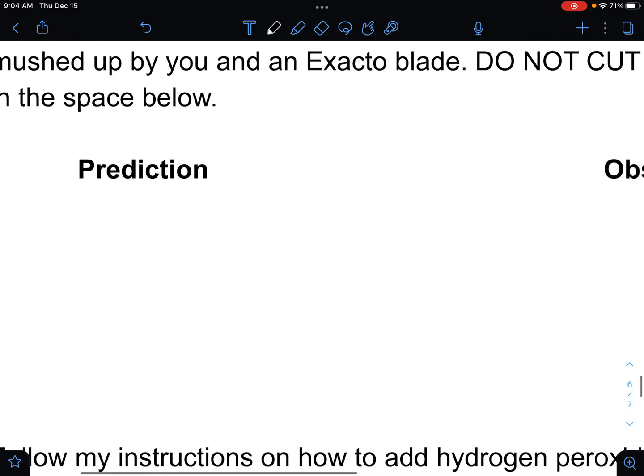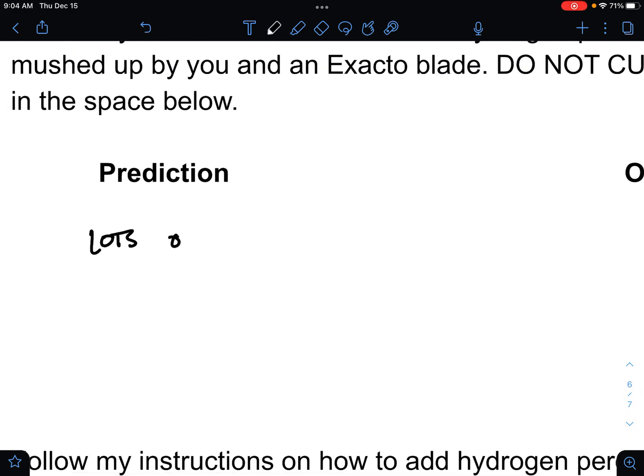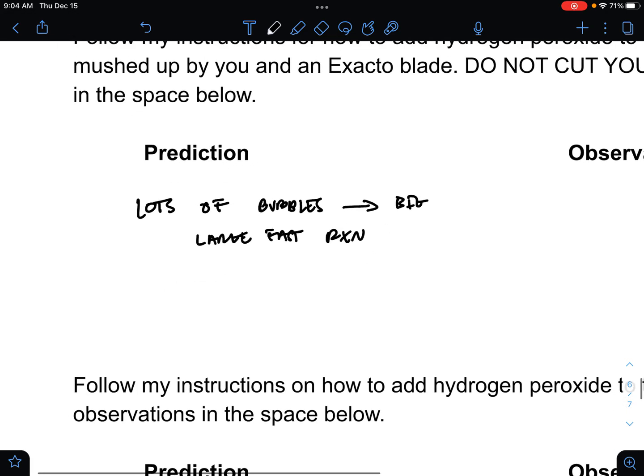And a lot of you predicted that you would see lots of bubbles, and they would be big, indicating a large reaction. And the reason for this is by cutting up the liver, you're actually increasing the surface area. And the number of places where H2O2 can interact with catalase,